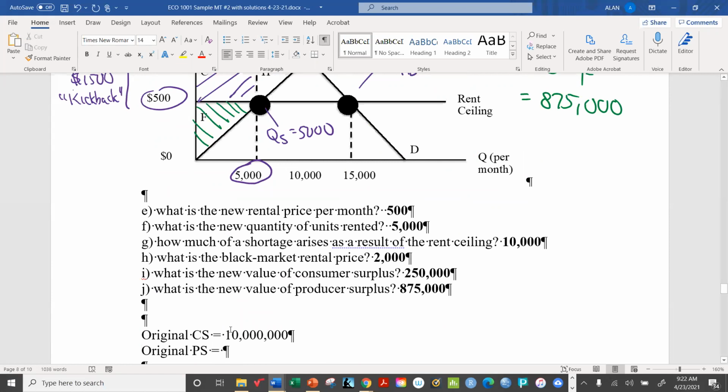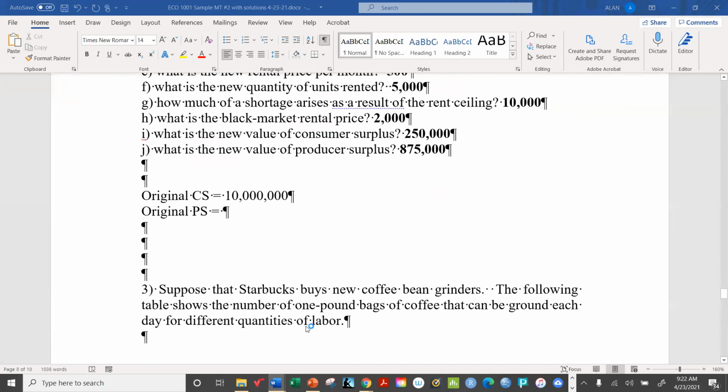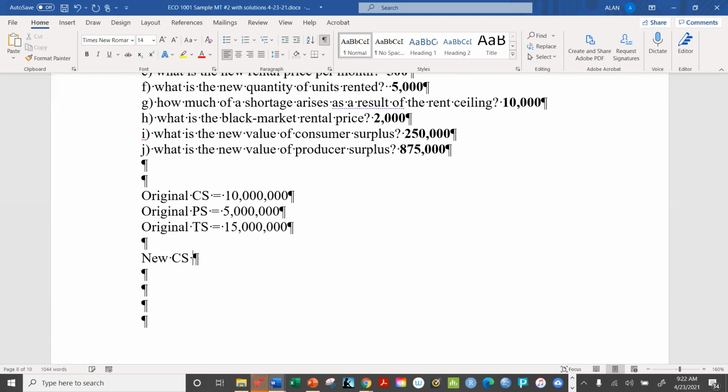The original producer surplus is equal to, and still it's much higher, 5 million. Wow, we lost a lot. So the original total surplus is 15 million. The new consumer surplus is 250,000. The new producer surplus is 875. The new total surplus, that adds up to